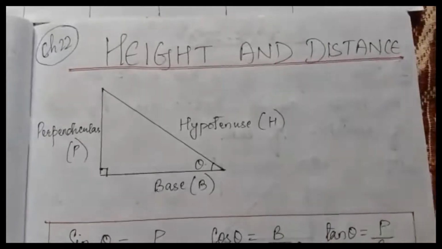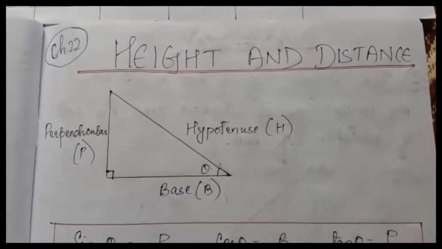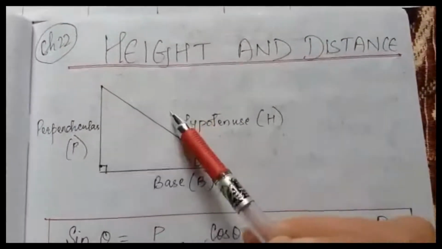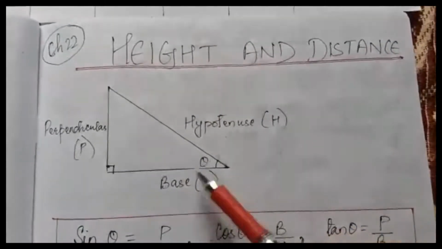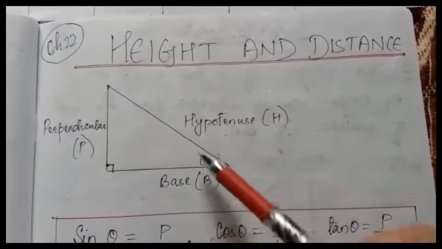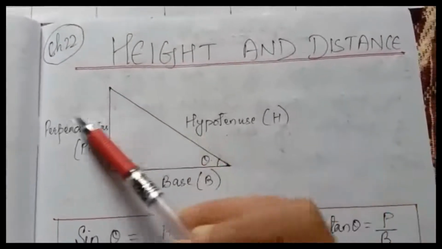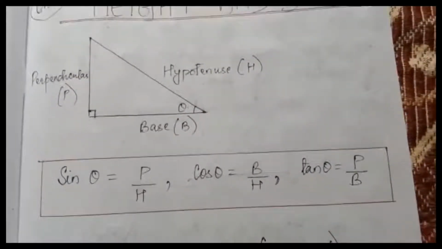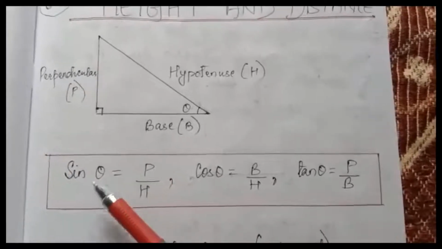As you all know, in trigonometry we basically deal with right angled triangles. So this is your right angled triangle whose one angle is 90 degrees. This is theta, and theta lies on the base. So this is the base. This is the hypotenuse, the side opposite to 90 degrees is the hypotenuse, and this is your perpendicular. Next, some basic formulas we need, like in class 9 we have already done.